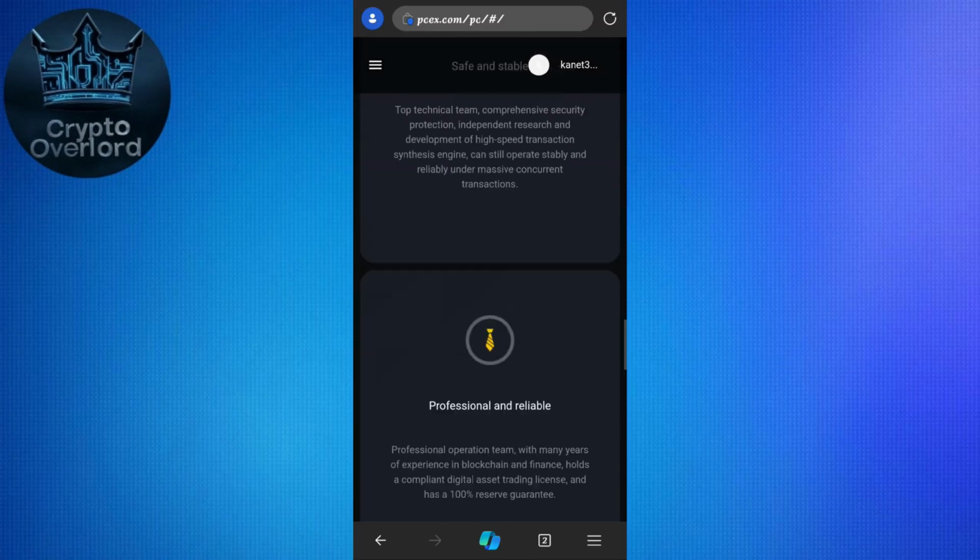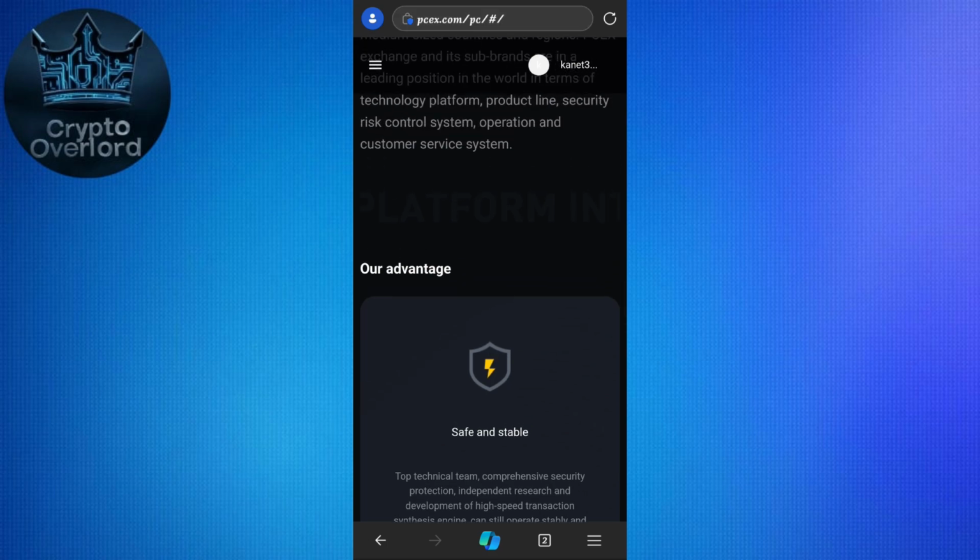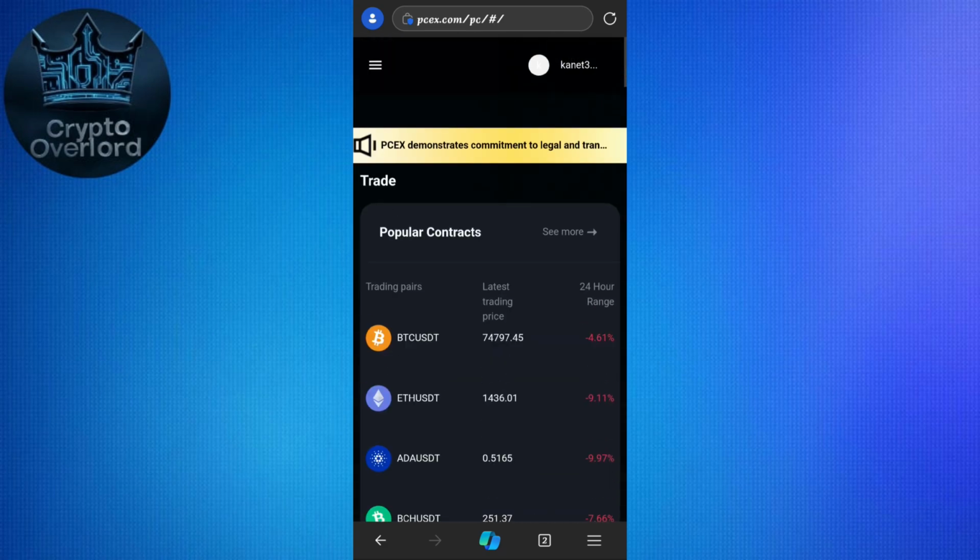So the first method of getting the invitation code is by just using the description of this video, because in the description I have given you my invitation code, so you can use that invitation code in order to create your account on PCEX.com. In the second method, sometimes when you click on the register option, it will by default create an invitation code for you, but that method may not work for some people. That's why I'm telling you to use the description, and in the description you will find the invitation code for